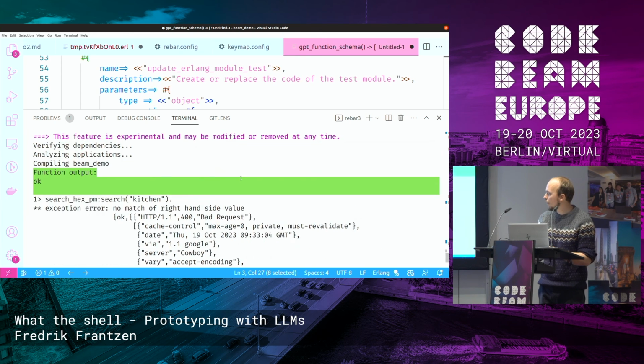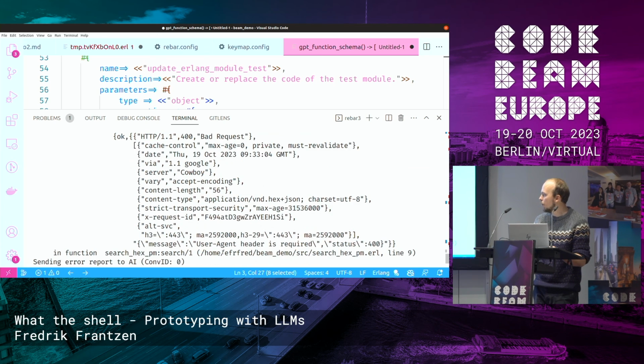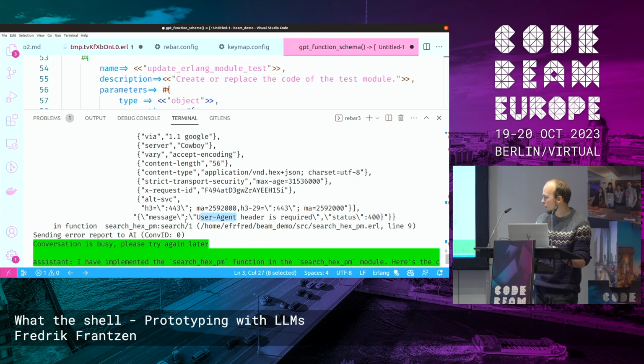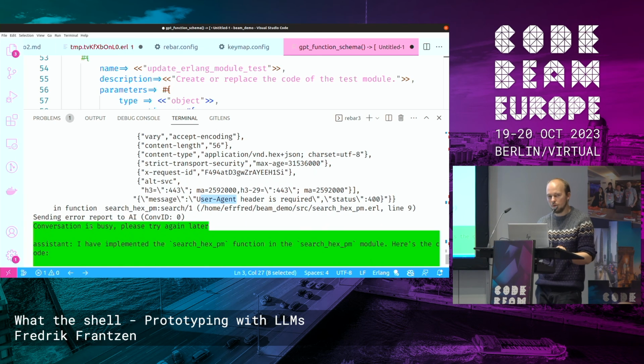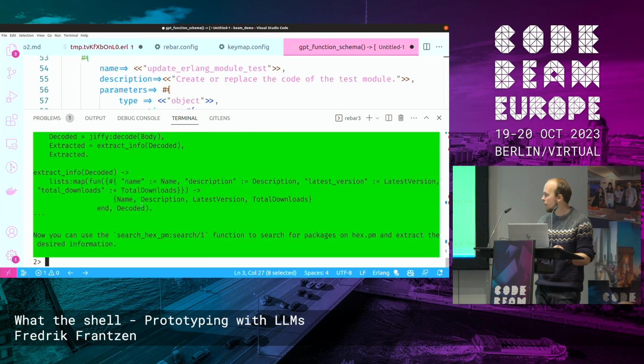And then it said that an exception happened, probably because it was missing the user agent here. So now it makes an error report and sends it to the group leader, and then it forwards that to the LLM. And then the LLM analyzes the error report, and then it says that,